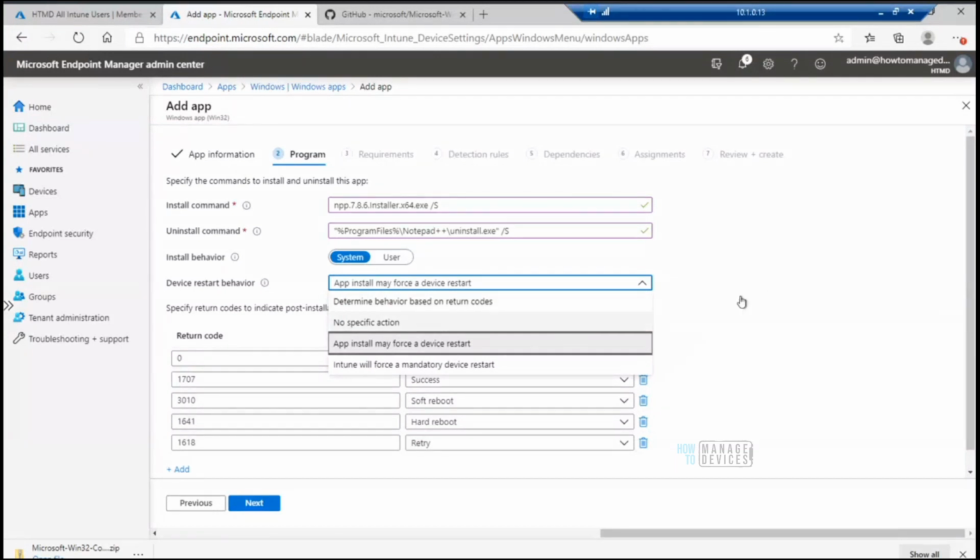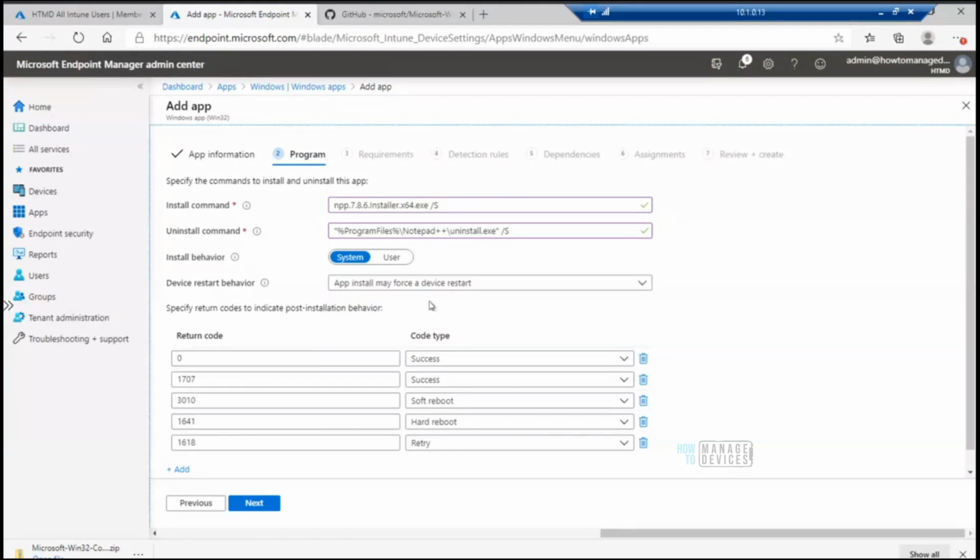You need to select a supported option over here, right? But the default option is app installs may force a device restart. This is why I mentioned probably Microsoft copied some of the code from the SCCM application model to make the Intune management extension, right?